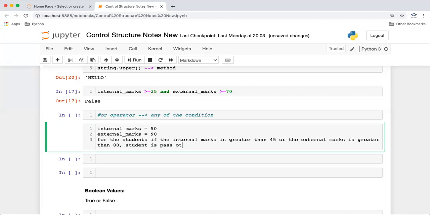Or we can say if the internal marks is greater than 45 and the external marks is greater than 80, the student grade is A.